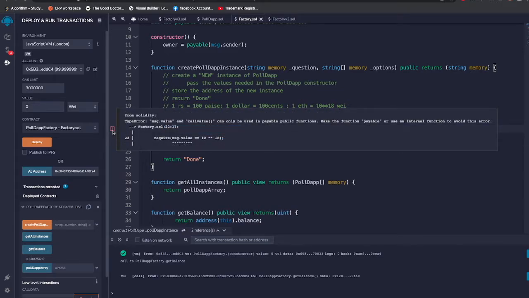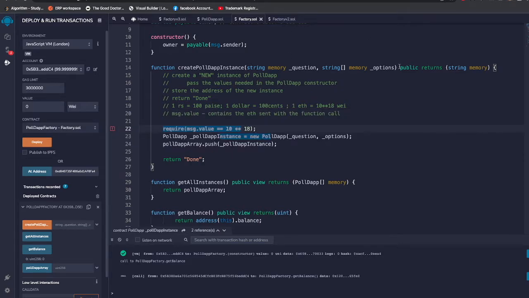Okay, let's understand what the warning is. It says message.value can only be used in payable functions. Now, this function is only public. For a function to accept Ethereum, we have to add another property to it called payable. So if I add payable here,